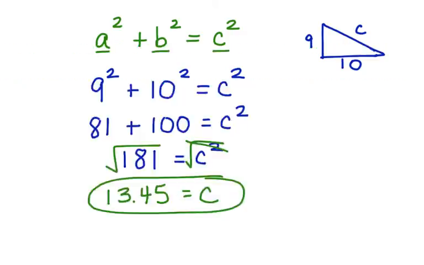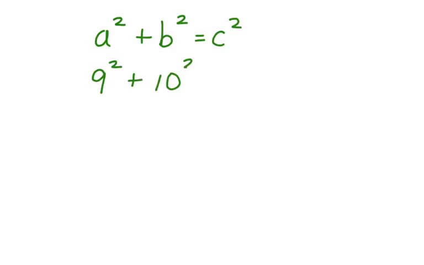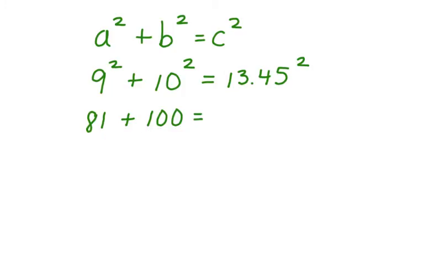Here's how we do that. First, take the Pythagorean theorem again. A squared plus b squared equals c squared, and let's substitute all of the known values in for a, b, and c. We would have 9 squared plus 10 squared is equal to 13.45 squared. 9 squared is 81 plus 10 squared, which is 100, is equal to 13.45 squared, which is